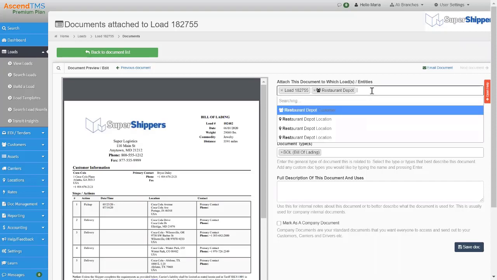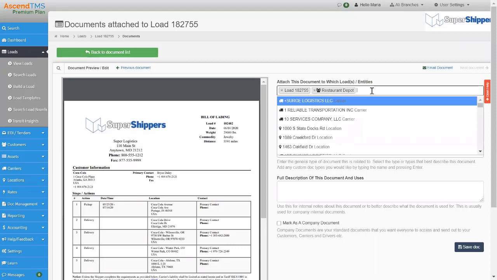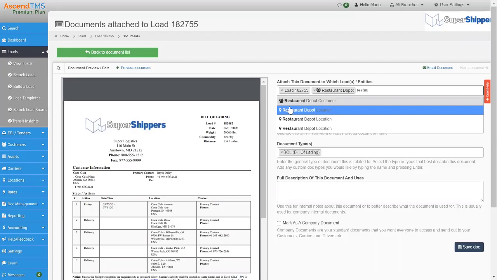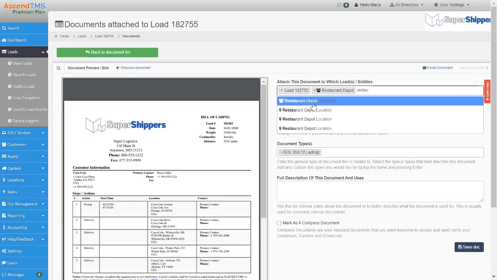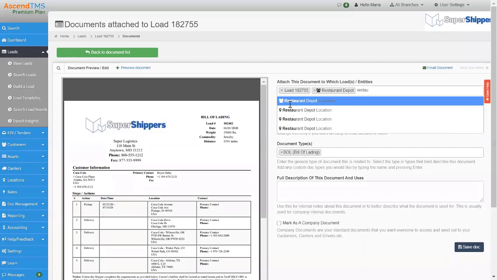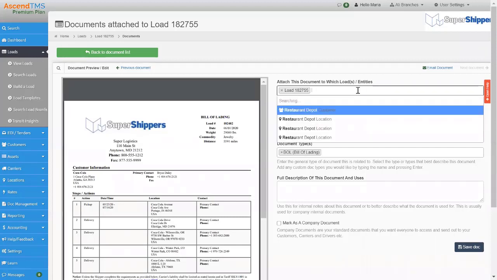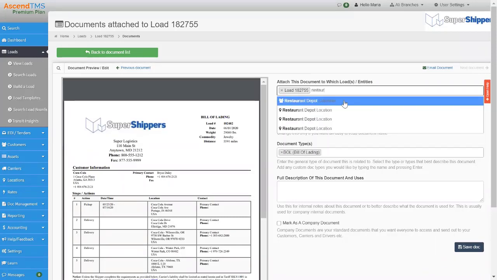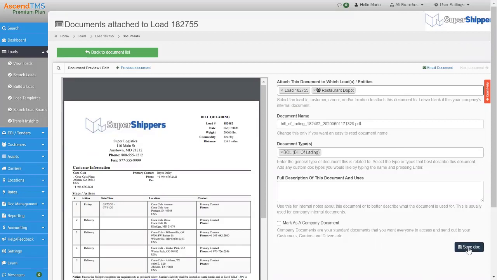So all I did there is I popped my cursor in this drop-down field and I started to type my customer's name. Okay. And you want to make sure you choose the one with the people icon that says customer. I know it's kind of grayed out, so I hope you can see that. In the event that you also have locations with a similar or the same name, make sure you're attaching it to the customer. Whoops, and I just undid that. So let me put it back in. There we go. And when you're done, you need to save.